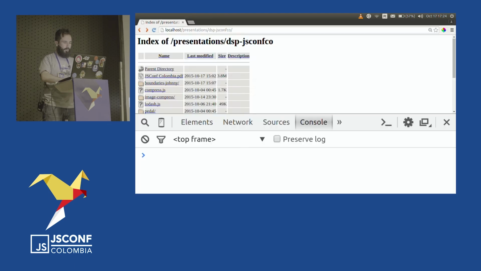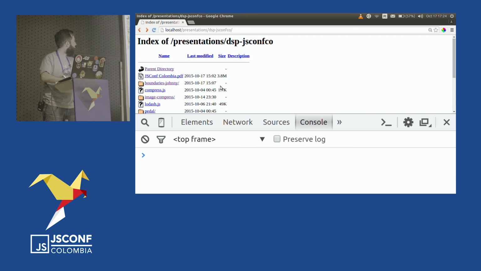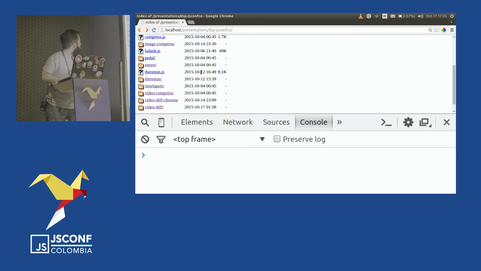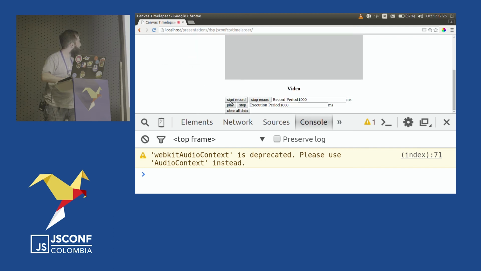And another demo that I was doing is a time lapser. Because I can use my camera and compress video and save it, and it's pure JavaScript. I have this cool application, and I can record a time lapse, for example.